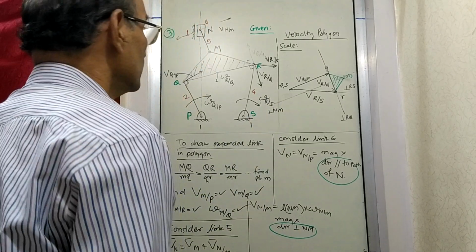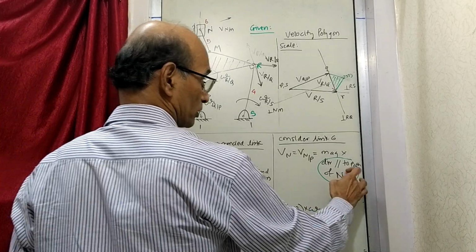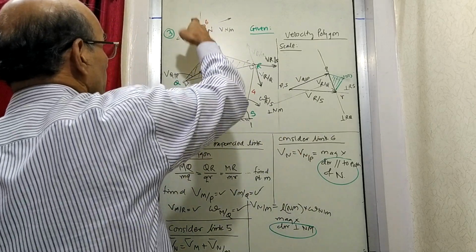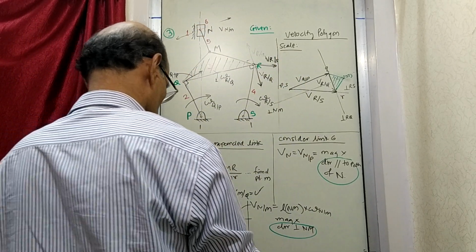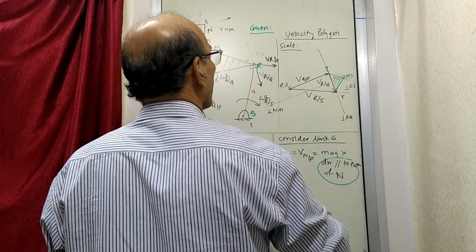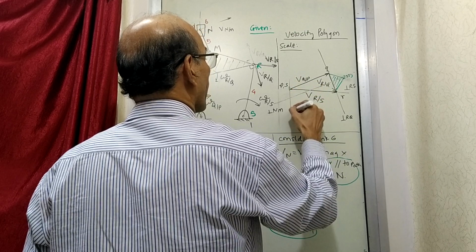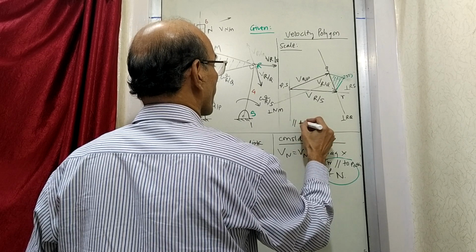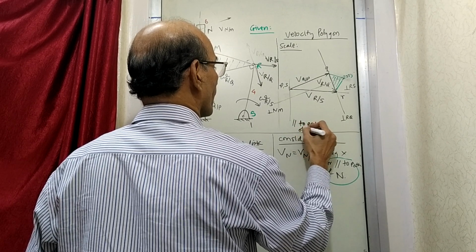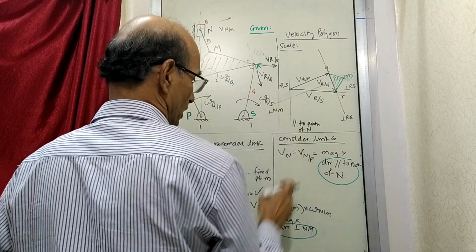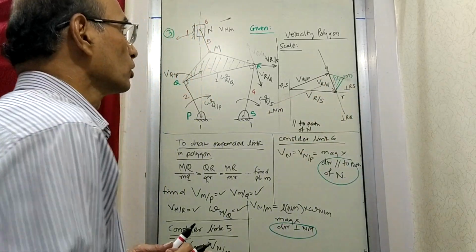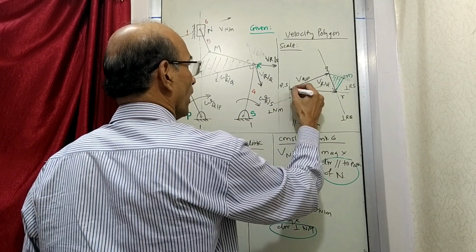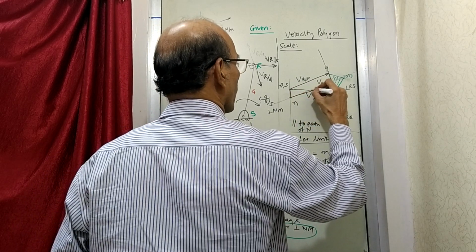Now the next thing is we are going to draw a line along the direction of N, which is like this. From which point? It is with respect to P. So from P here we have to draw a vertical line, parallel to the path. This is this and this is this. So we have drawn two lines so that the intersection is now going to be our point of what we want, and as a result this is final now.